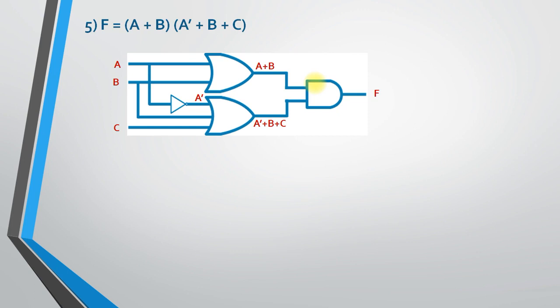In the previous session I have already explained that we developed a logic diagram based on the Boolean function. In today's session we have understood how to find a Boolean function based on a particular logic circuit. In that I have told you that if they have not given the names of input and output variables, at that time you can take any variables as the names of input and output variables. Right? I hope the session is fruitful for you, and I hope you enjoyed the session very well.